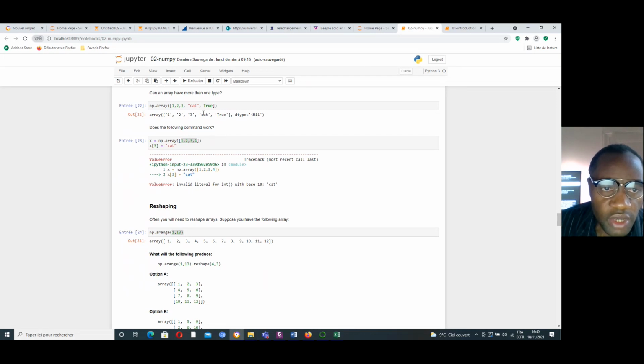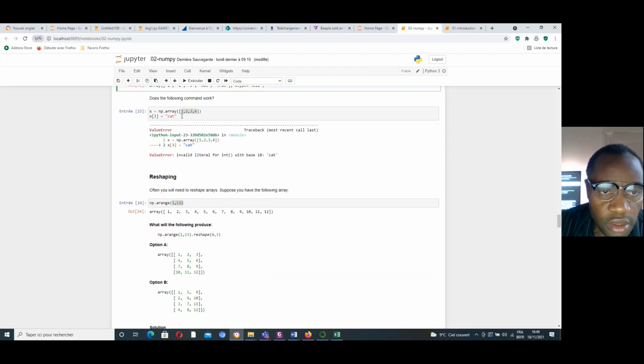But in this list, we have an integer, we have a string, and we have a boolean. We can print it easily. But it is very difficult to evaluate the value of one element of this list because it's a mix of integer, string, and boolean.